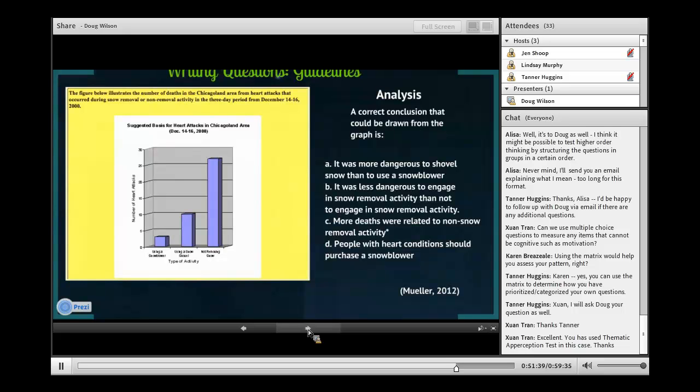What is clear to me is that we have some explanation at the top. The figure below illustrates the number of deaths in the Chicagoland area from heart attacks that occurred during snow removal or non-removal activity in the 3-day period from December 14th through 16th, 2000. So first, the student has to interpret and analyze the significance of that statement. Then the student has to go